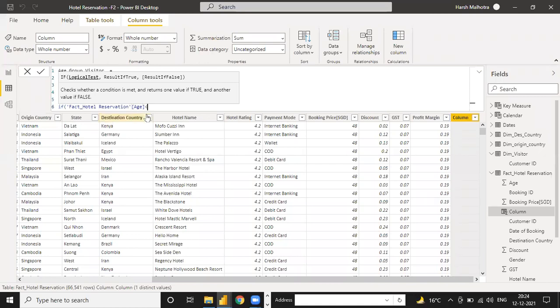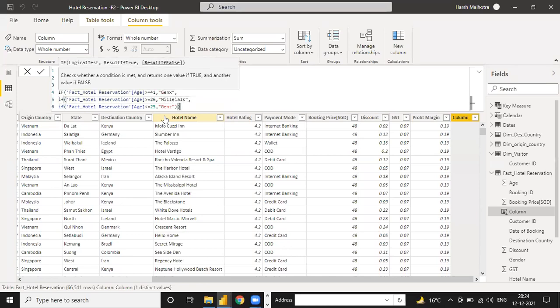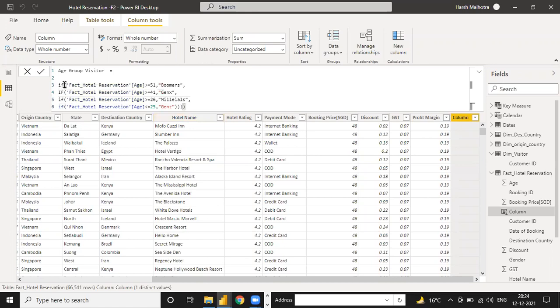You have to use less than or equal to 25, and put the last value as gens, and close the bracket, because right now your condition is complete. The first bracket is for the first, second, third, and fourth, because you are using the if condition 4 times. Okay, and when I press enter, this column will be created as per this condition.